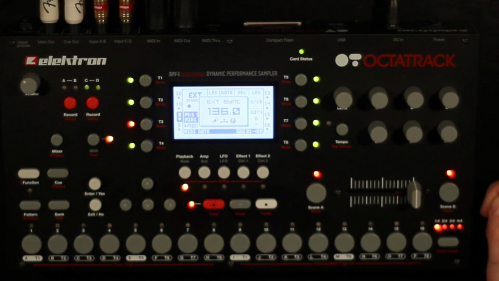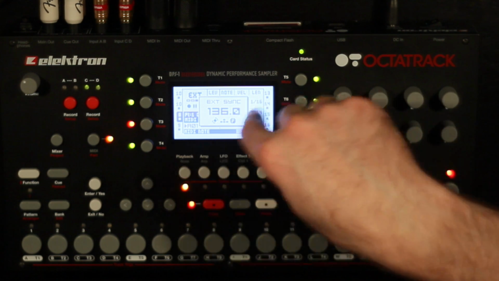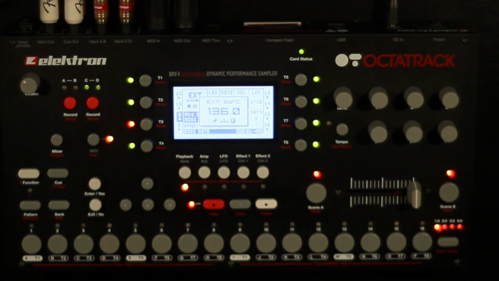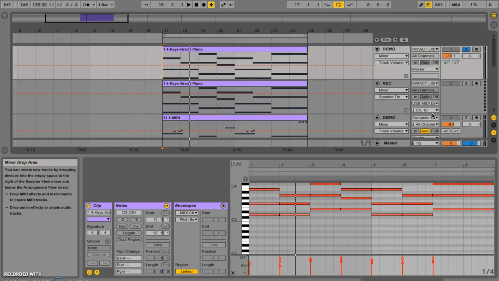And in here we can see that it fluctuates a little bit. I'm hearing that that's the property of Ableton clock, that it floats a little, but it's synced right now. So what I want to do first is import a couple of chords into the Octatrack,